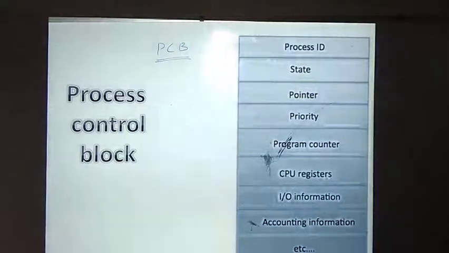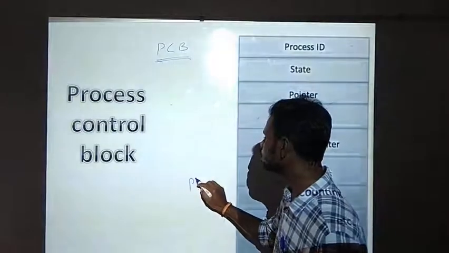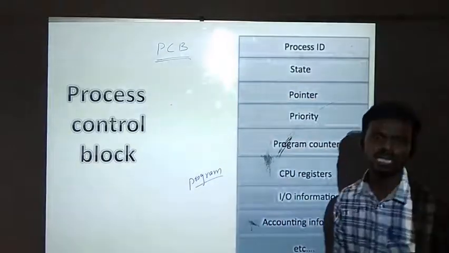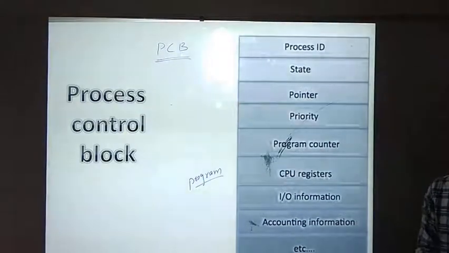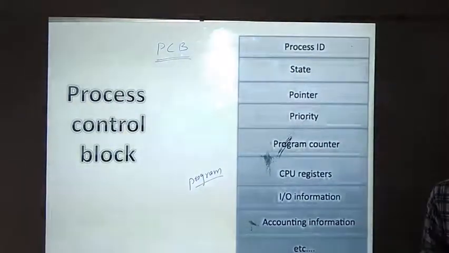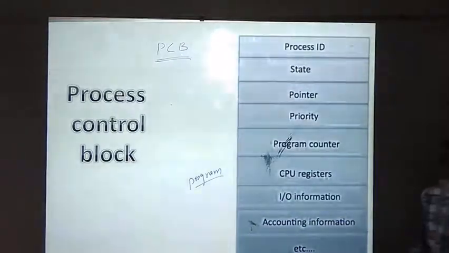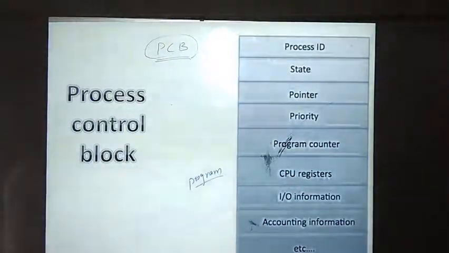But while we are executing any program, you should remember that a program will not consist of only one process. It will consist of a collection of processes. We have a lot of processes that have to be executed by a processor. In order to identify the processes, locate a process, and say the state of a process, we use some location to store the details of the process. That location is nothing but your PCB. This is the place where we store the information about our processes.